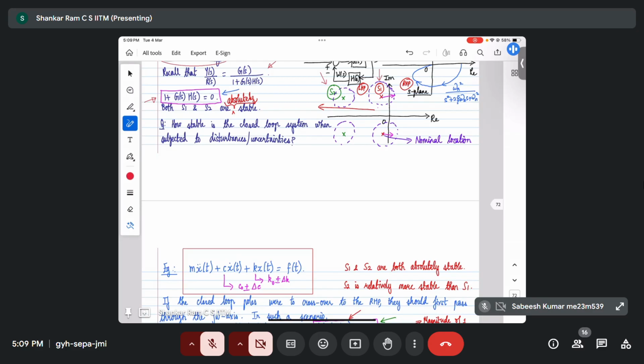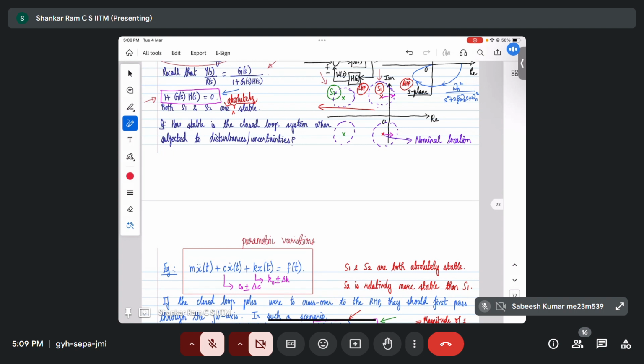So that is pretty much going to happen, right? Even let's say we use our automotive suspension as we keep on utilizing the vehicle, the spring and the shock absorber properties used in the suspension will vary slowly. So obviously, when such uncertainties, disturbances, and parametric variations come in, this is what is called a parametric variation. When the model parameters change with time compared to a nominal one, it may